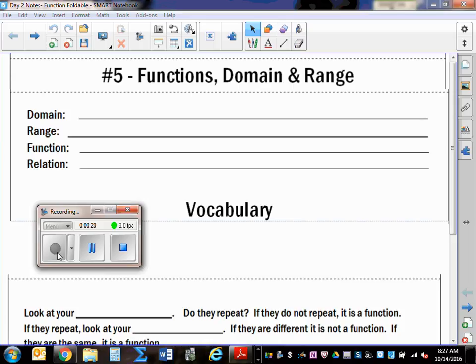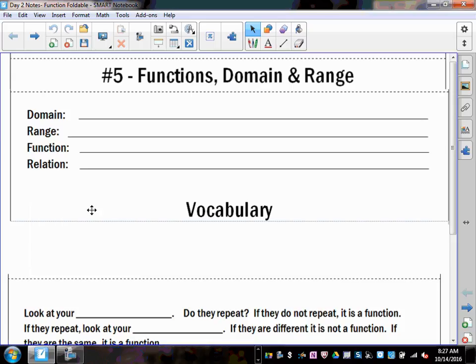So first we have flap. The very first one is flap number 5 that just says functions, domain, and range. Okay, so now open that up so you see your vocabulary flap with the words domain, range, function, relation. Okay, so let's go ahead and fill in what our domain is. Our domain are all of the x values on your graph or all of the input values. So domain are the x values,